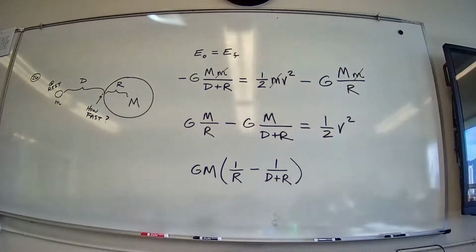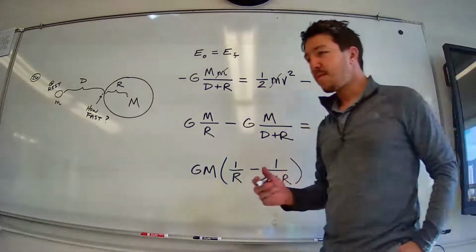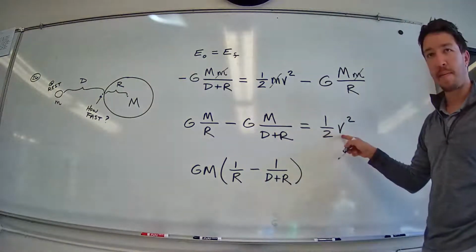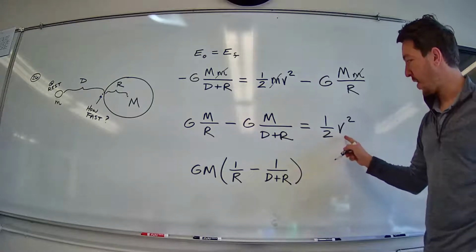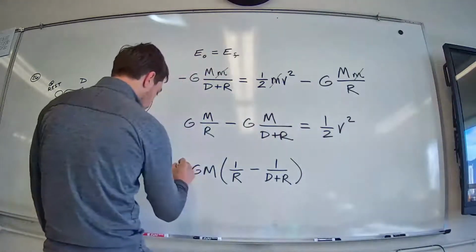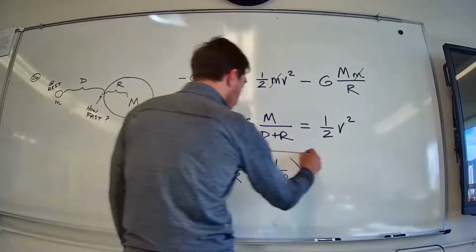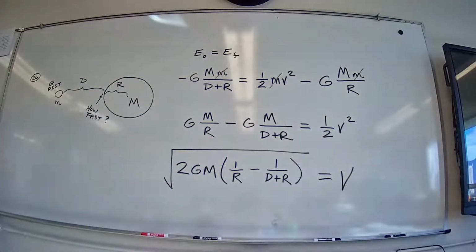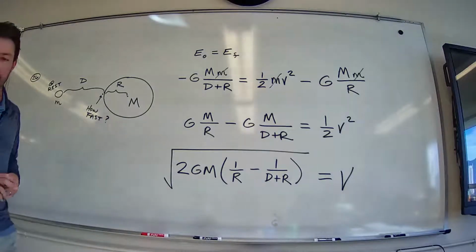No questions on that last step there? Okay. And then the last 2 steps, we can do that in one step, right? To solve for V, we're going to double both sides and then square root it. That's a pretty complicated formula, but